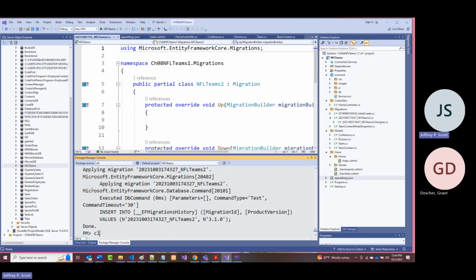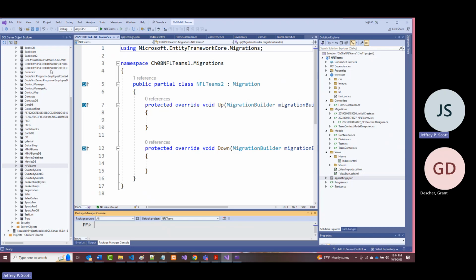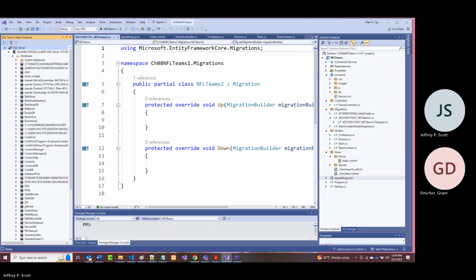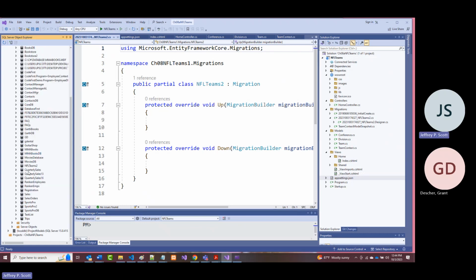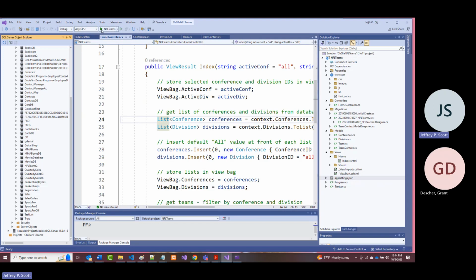Again, no red is always a good thing. And I didn't see any in there, so I should now be able to go in, refresh, and I should have an NFL Teams 2 in here. And to make it easier for me later, oh, it did remove now my NFL Teams. Probably could rename that, but I'm not going to. All right, so now if I close this and I run it,